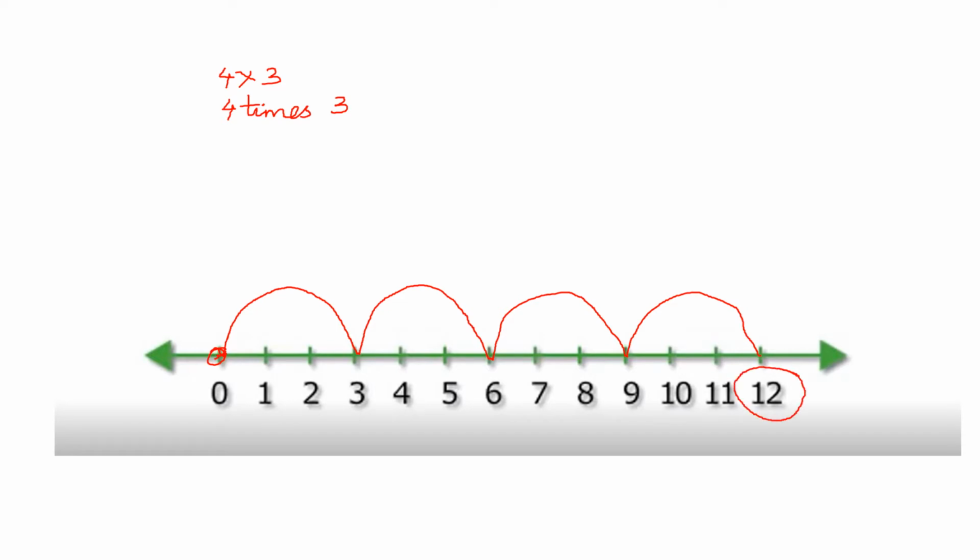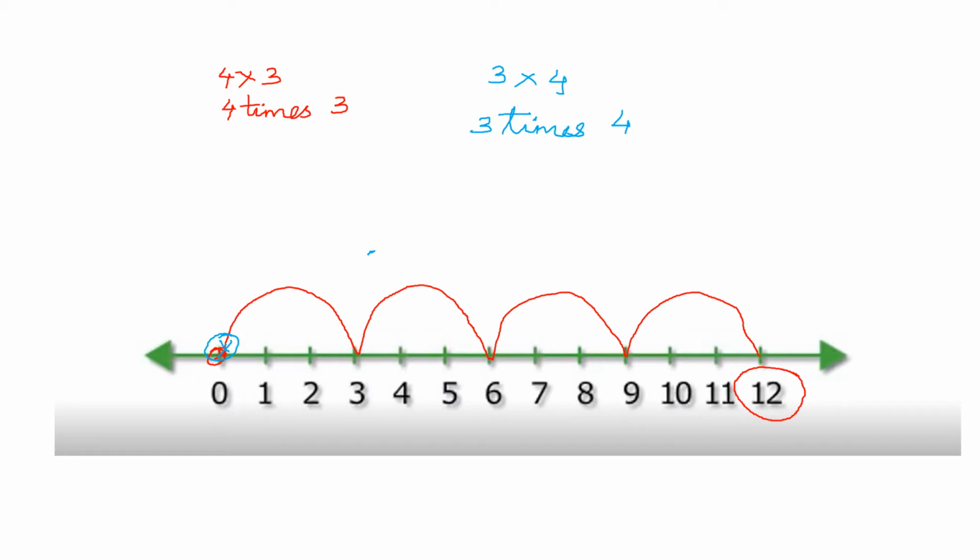Right? Now, the second one I have given you is, what did I give you second one, children? I gave you 3 into 4. Now let us see where is 3 into 4. I'll use blue. So it is 3 times 4. 4 times 3 and 3 times 4. Now, you see from where we start. 3 times 4 means we are starting from 0. What will we take?